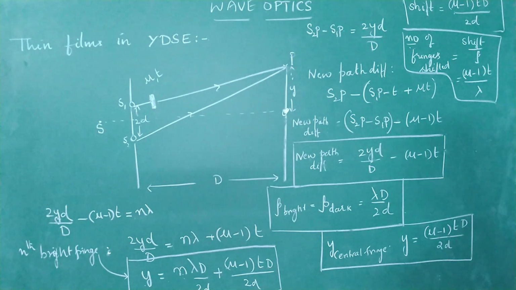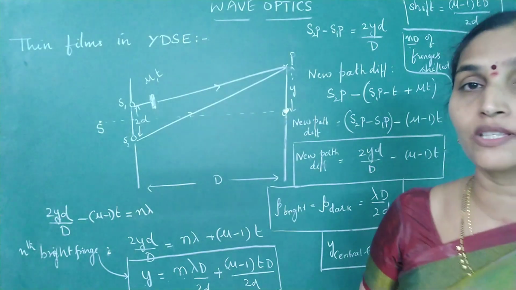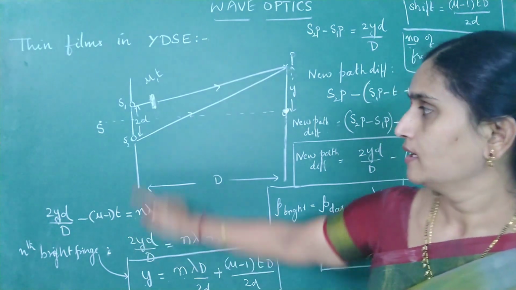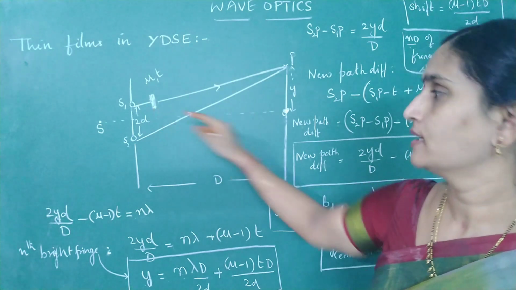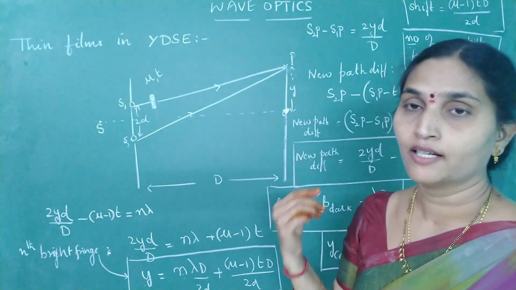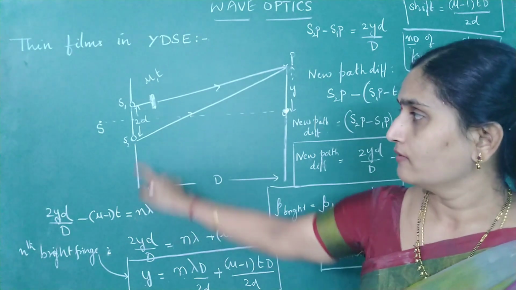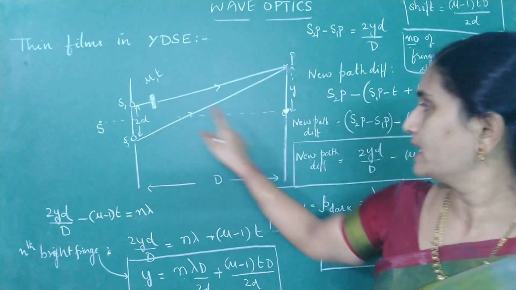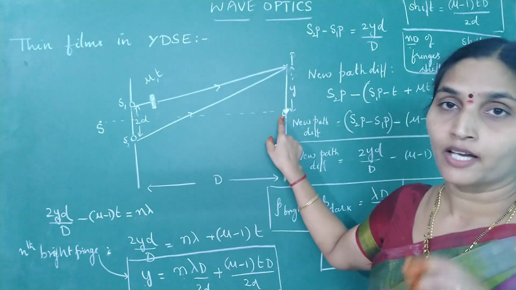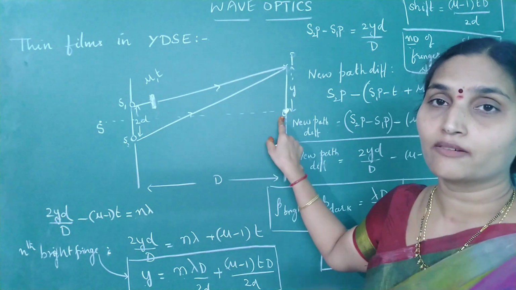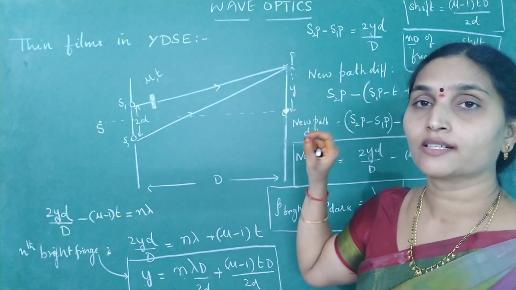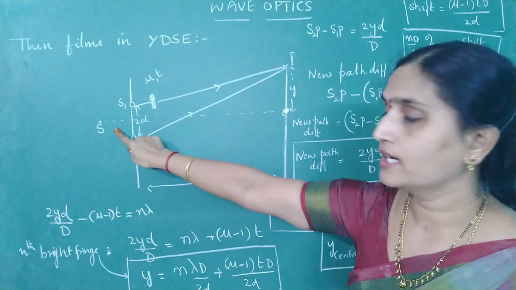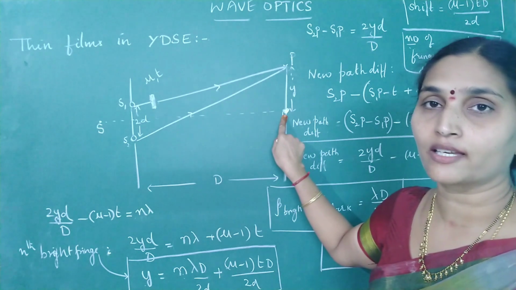Now let's come back to our question. I told you we can determine the thickness of the thin film using Young's double slit experiment. Just set up the experiment, introduce your thin film in the path, and calculate the shift in the central maxima. Generally, we use white light as the source instead of monochromatic light. When monochromatic light is replaced by white light, the central fringe remains white itself, and other fringes are colored. We know the central fringe is white.